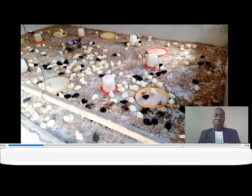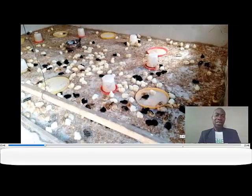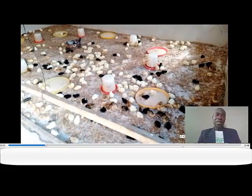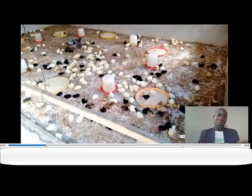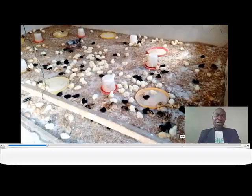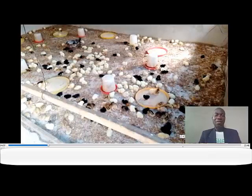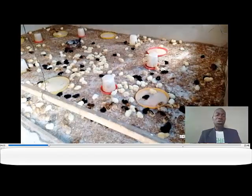By the time I show you washing, then I'm going to show you something we call biosecurity. First, the first biosecurity I'm going to show you. Then the second biosecurity, that's after nesting. After the first biosecurity, we go to nesting, then after the nesting, we go to the second biosecurity. Then later I'm going to show you the third level of biosecurity measures that we put in place, usually in